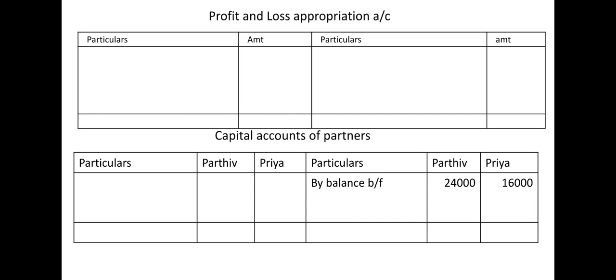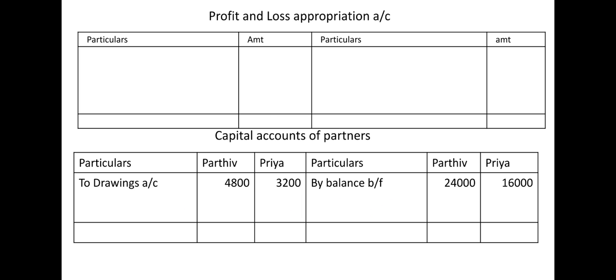I request all of you to check the sum. Take your textbook and refer to the question. As you know, first of all, we should start with opening capital and drawings. So let's go to the capital account page. See, I have written opening capital. There are two partners, students, Parthiv and Priya. Capital of Parthiv is 24,000, Priya is 16,000, and let's also write down the drawings. Drawings are